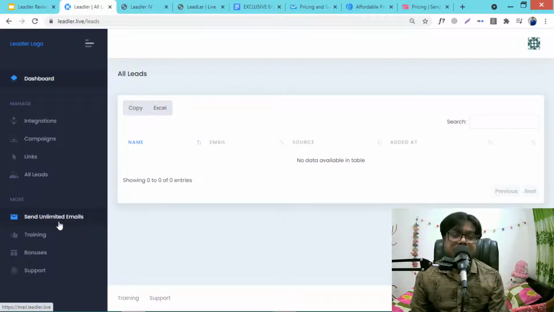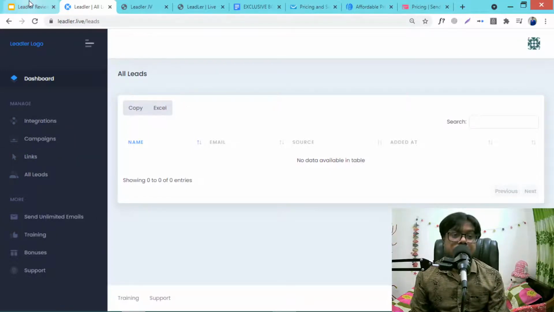So this is very awesome, and you can also export or import mail. If you have a pre-existing email list, you can import directly here, because it has its own SMTP server. You can send unlimited emails to your leads at a very high rate. So this is fantastic. This is all about the simple demo, and it has some limited use, because this is actually demo access. When you purchase the actual access to this software, you will get all the options to work.